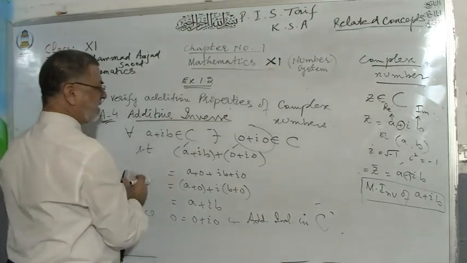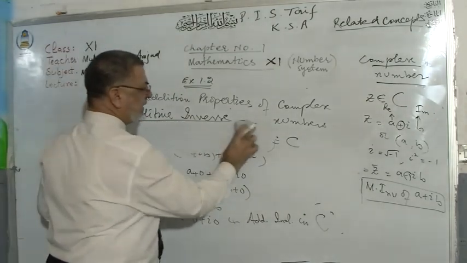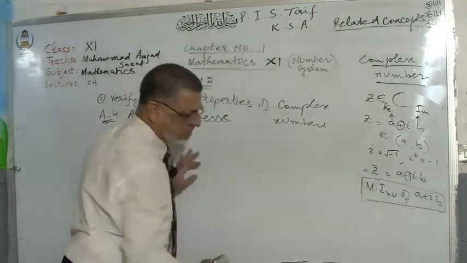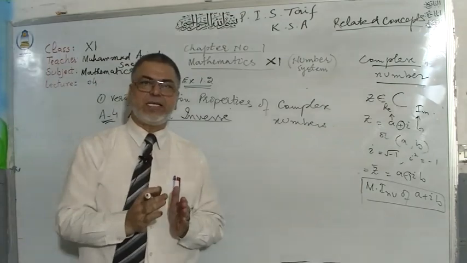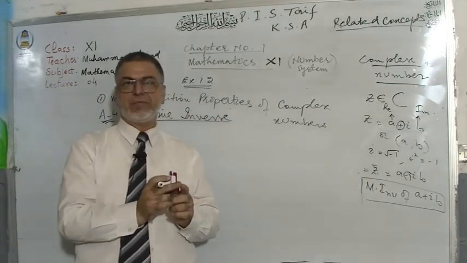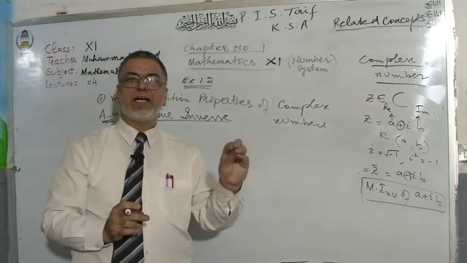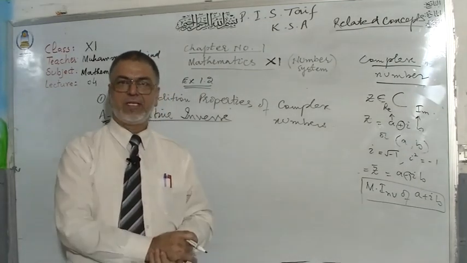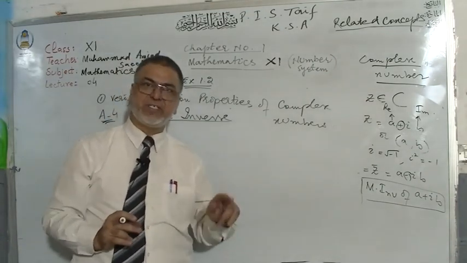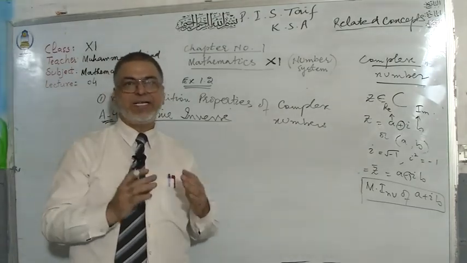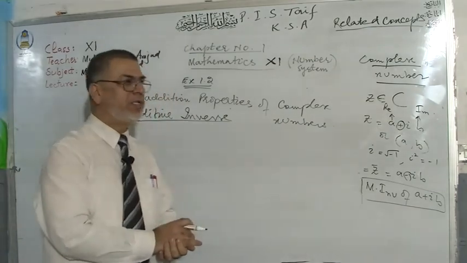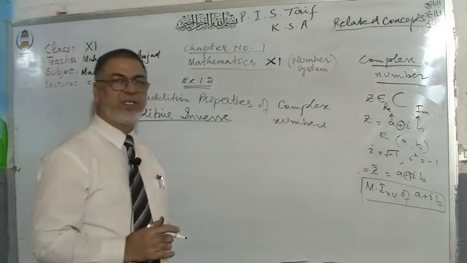First of all, you must understand the definition. Bring in your mind the definition of additive inverse. What is additive inverse? Basically, two numbers are additive inverses if you add them and you get additive identity, that is 0. I am repeating again. Two numbers are additive inverses of each other if you add them and you get additive identity, that is 0. They are known as additive inverses of each other.